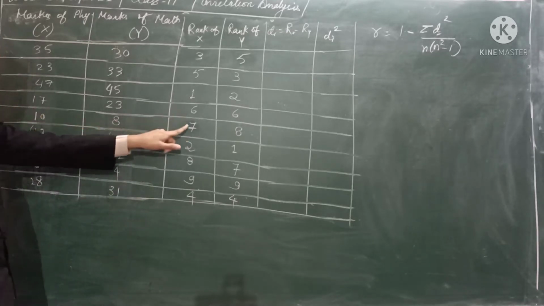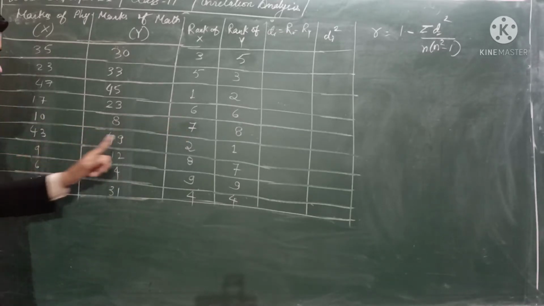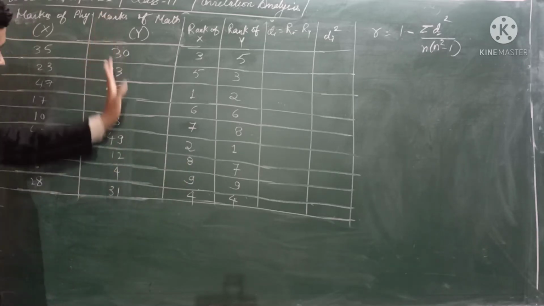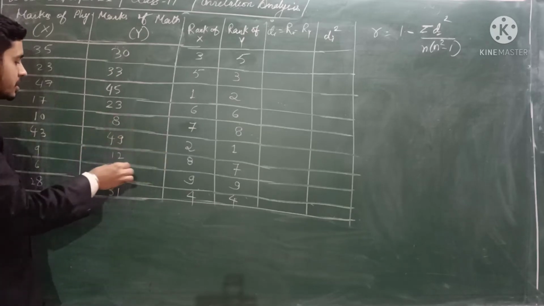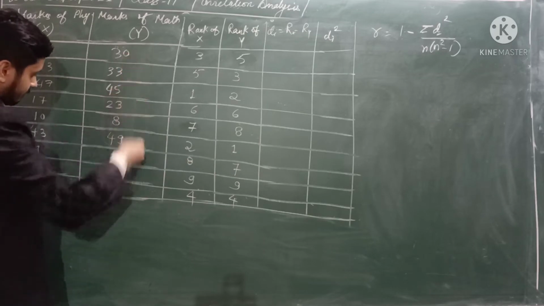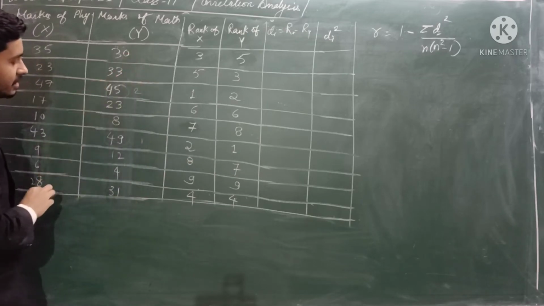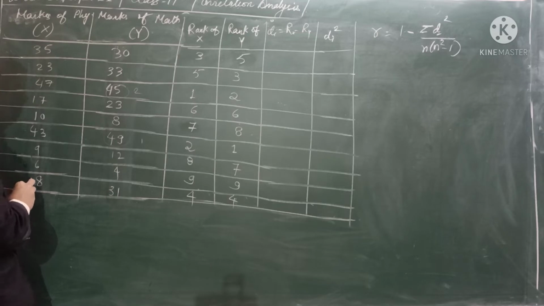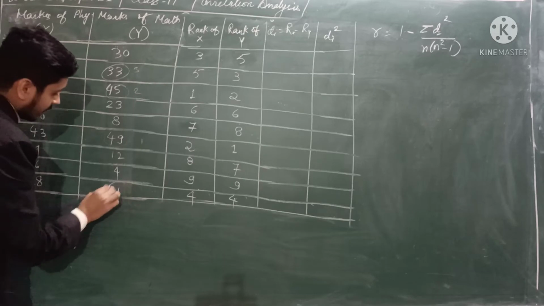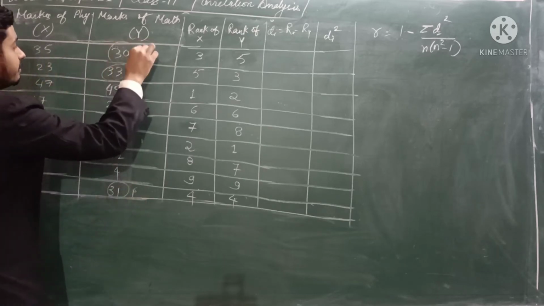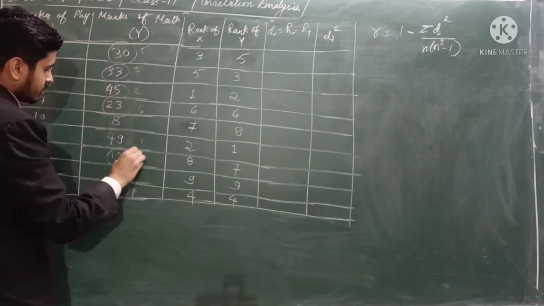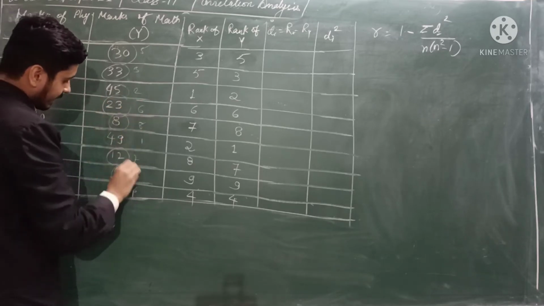Then 10, we have given 7, 9 to 8, and for the 6, the 9. Now for this column also the same goes. This is the first, so give this the first rank. Then just see 45, so giving this the second rank. Then you can see that 33, so giving this the third rank. Then this one the 4, this one 5, then we can give this the 6, this the 7, 8 to 8, and this to 9.